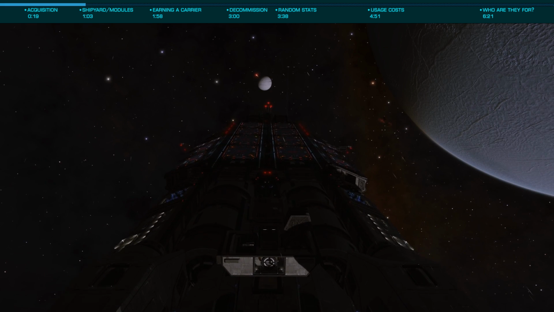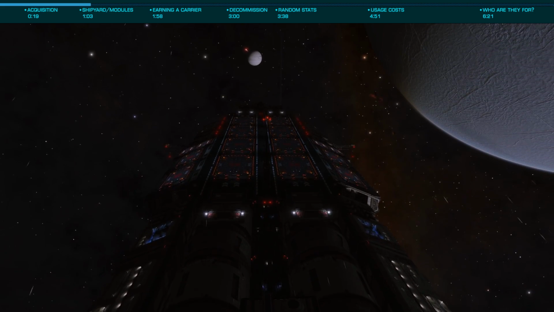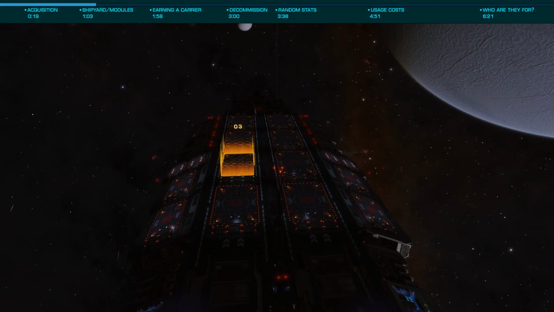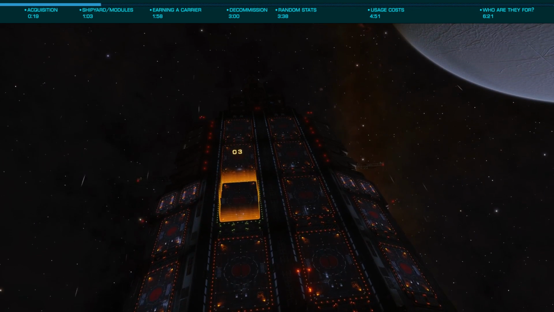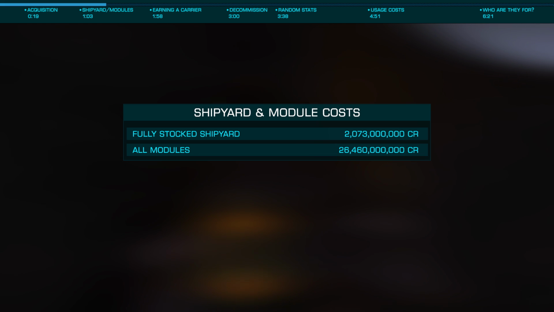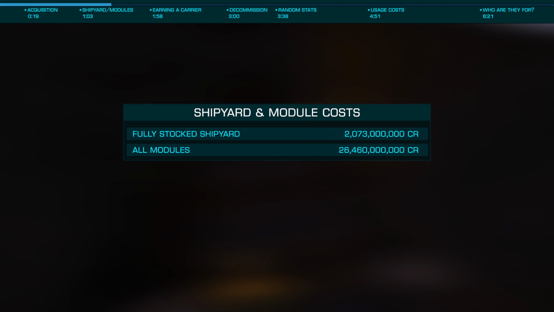Let's say you'd like to add a shipyard and module sales. As both are sold in bundles, meaning you are required to stock a certain number of ships and modules rather than choosing what you want a la carte, a fully stocked shipyard will require an additional 2,073 million credits, with outfitting an order of magnitude higher. Again, sold in bundles and tiers, with the highest tier offering the larger A-class modules, you will need a total of, and I hope you're sitting down,